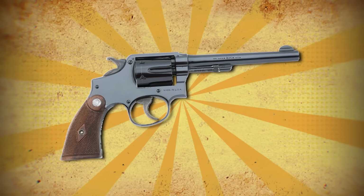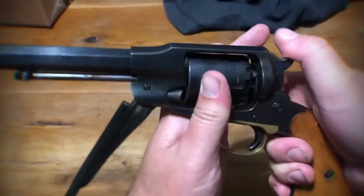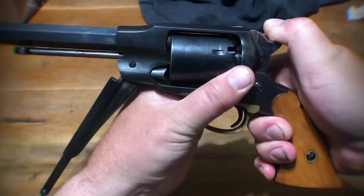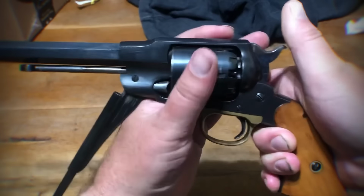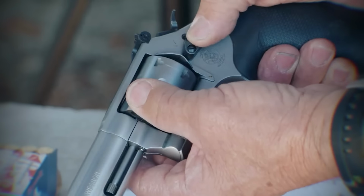The Model 0 featured a .36 caliber cylinder that could be completely removed for loading, then reinstalled and locked in place with a complex mechanism. The idea was to allow faster reloading than any existing revolver, but the locking system was unreliable and could fail